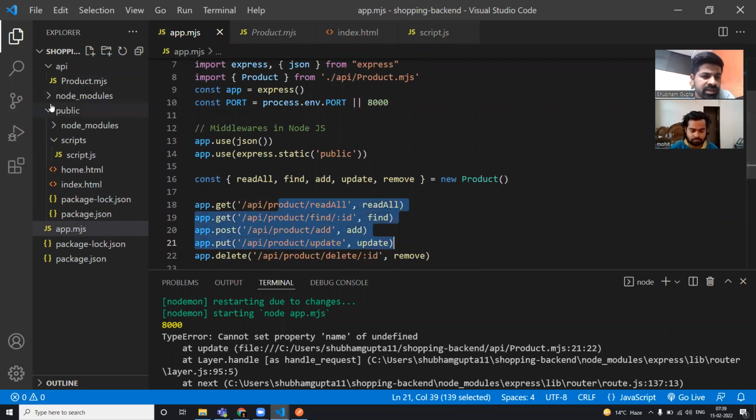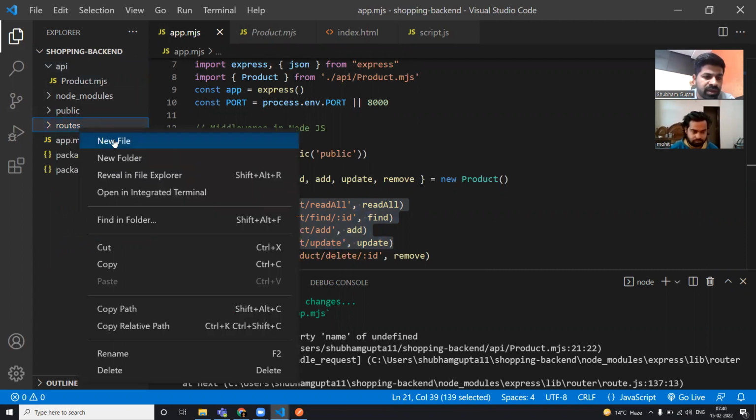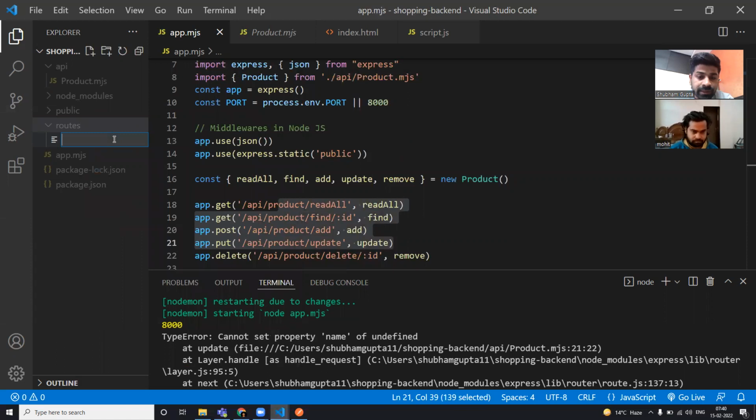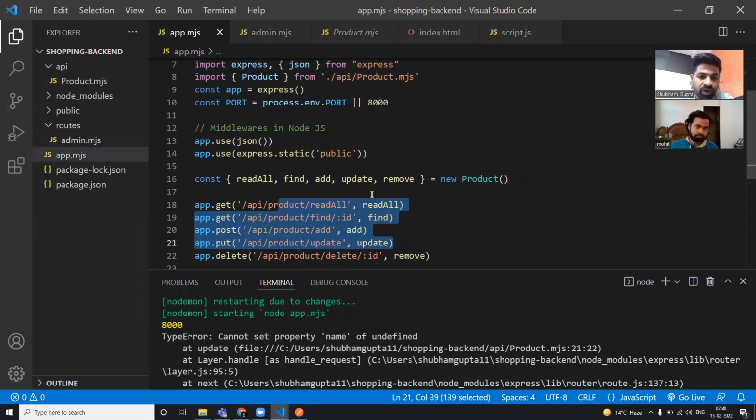Okay, so let's just try one more thing. Let's create one more folder over here, which is called, let's suppose, routes. And within that routes folder you can create a file for, let's suppose, admin user routes. So admin can access anything, right? Yes, admin can access anything. So all of these things,